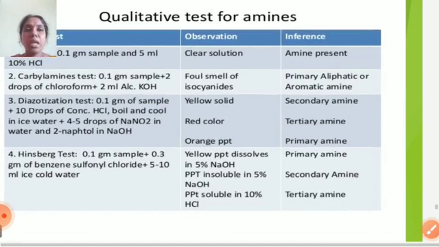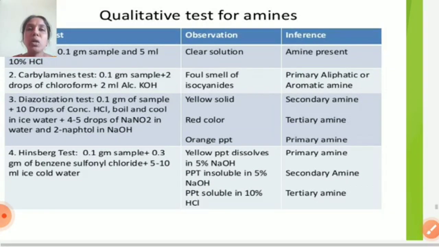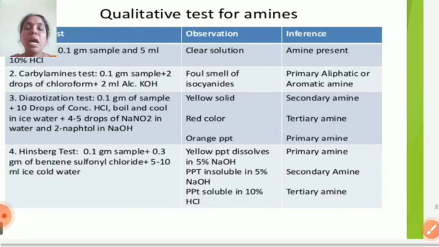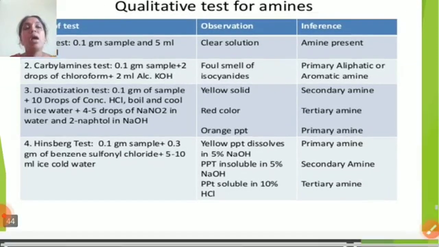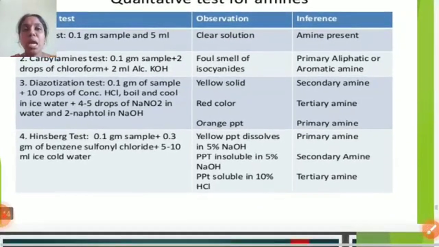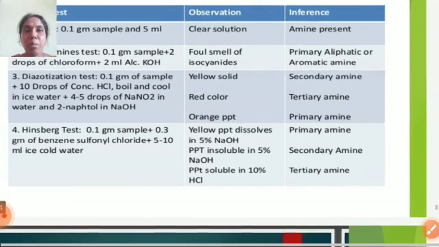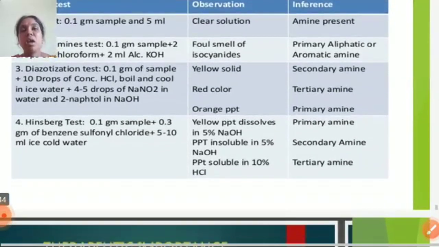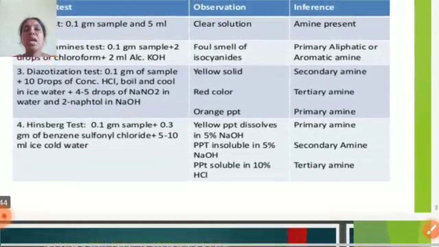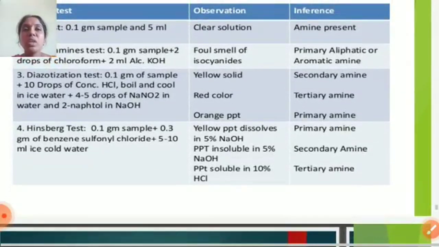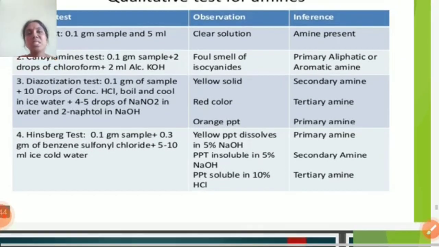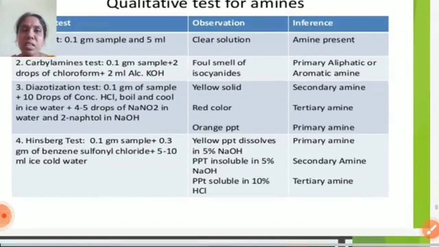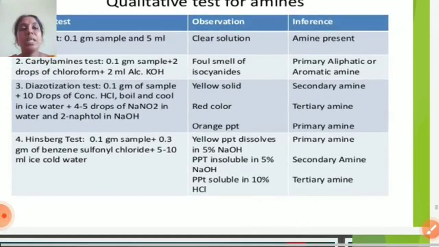Aromatic amines, for example C6H5NH2, is called aniline. Aliphatic and aromatic amines also undergo the carbylamine reaction. So the aromatic amine aniline reacts with chloroform, CHCl3, plus 3KOH on heating, and is then converted to phenyl isocyanide plus 3KCl plus H2O.